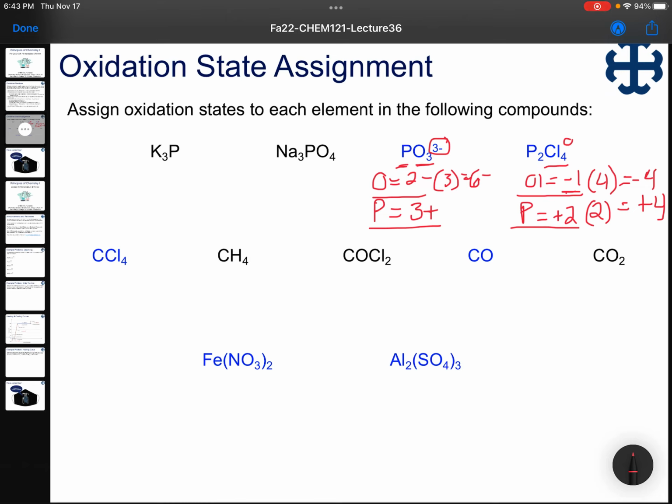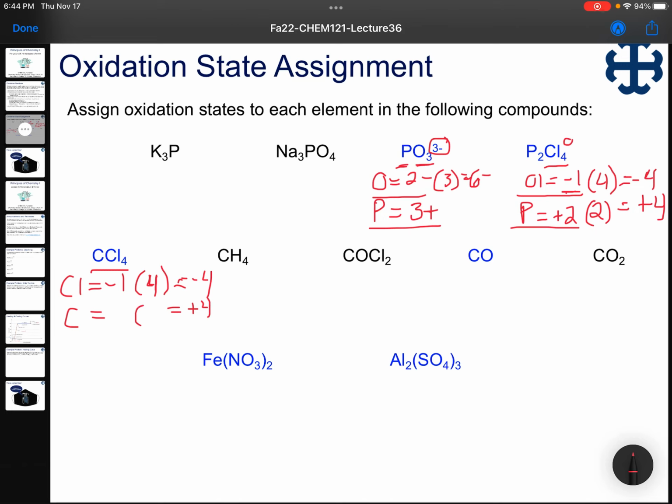Next example, carbon tetrachloride, right here. It's a covalent compound, like really all of these are. Well, our first 4 examples at least, our last 2 are ionic. So with carbon tetrachloride, the first rule again would be that Cl should be 1-, so Cl equals -1. We again have 4 of them. This time we only have 1 carbon atom though, so this has to equal -4. We know carbon has to equal +4.